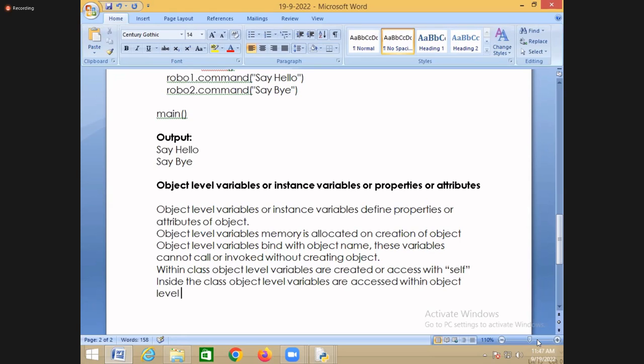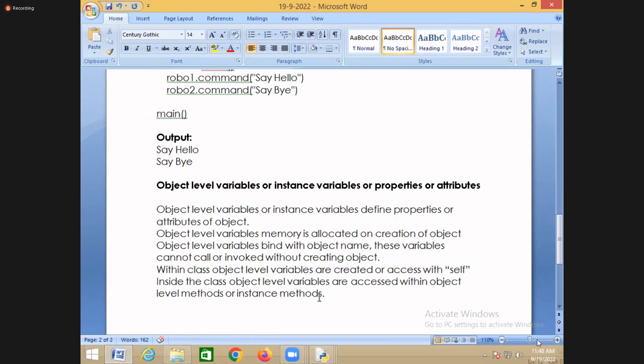Object level methods. Object level methods are which methods? Instance methods. Which methods are having self? Object level methods, or instance methods, are having self. So inside the class, object level variables are accessed within object level methods or instance methods, but you cannot